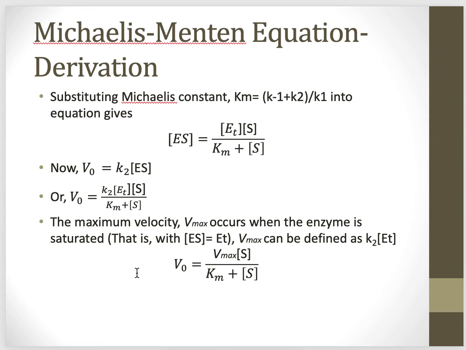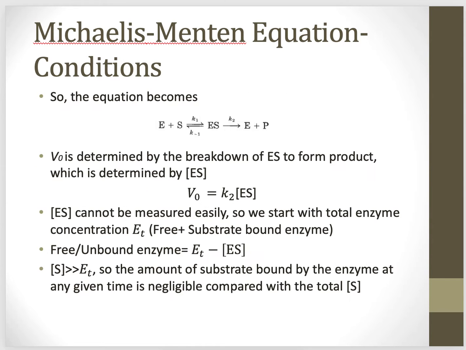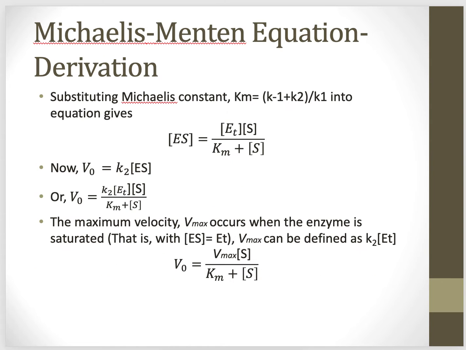So the maximum velocity occurs when the enzyme is saturated. That means when an enzyme is saturated, the concentration of ES is equal to ET, which we already discussed. So the maximum velocity Vmax occurs when the enzyme is saturated. Then Vmax can be defined as K2 ET, and the equation becomes K2 ET equal to